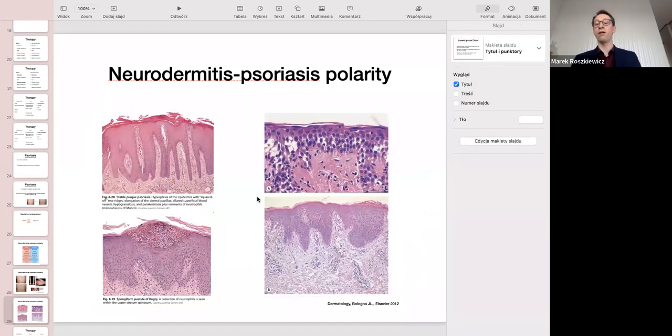And to compare also, because I wanted this lecture to be a bit of a bridge between academic knowledge and anthroposophical knowledge, that is why I use the histology pictures. On the left, we have psoriatic skin under the microscope, and on the right, the atopic dermatitis. And here, basically, we see the inflammation. So there's a lot going on there.